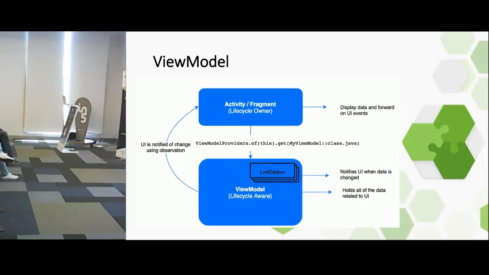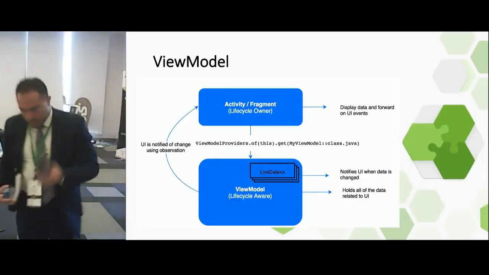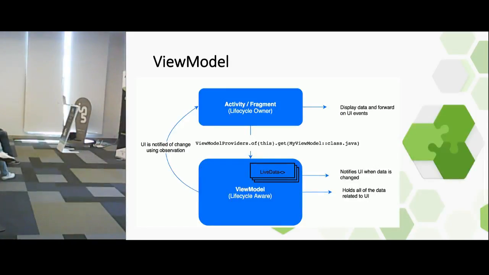The question here is, why do we need ViewModel? We know that the Android framework manages the lifecycle of UI components such as activity and fragment. That means the framework can decide to kill, destroy, and recreate the activity or fragment outside of your control. And that means you lose all the data you store in the activity or fragment. ViewModel survives configuration changes. If we keep all the data that UI needs in the ViewModel, then when our activity is killed, it's not going to be a problem. We're not going to lose the data. ViewModel was introduced to solve this problem.